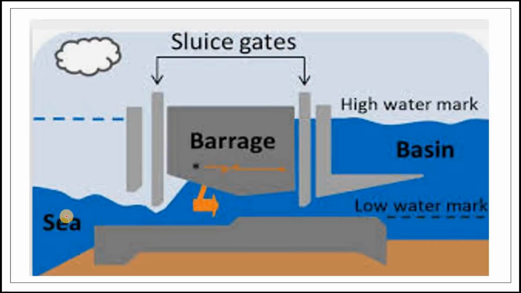Now, this situation is of low tide. Yeah, this is of low tide situation. During high tide situation, the water will now come to this level. See, right? Water comes to this level, and at that time the barrage is lifted. These gates are lifted up, and so water is allowed to enter into this basin, and the water fills up to this high tide level.